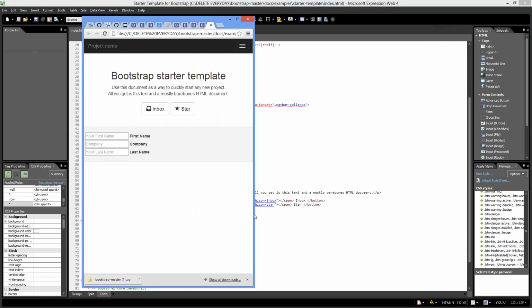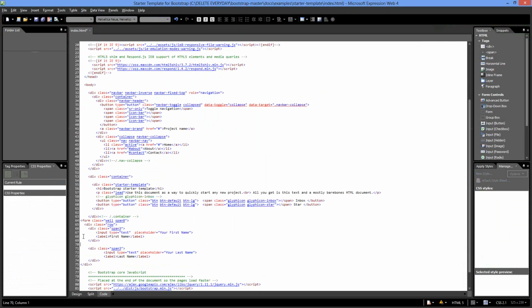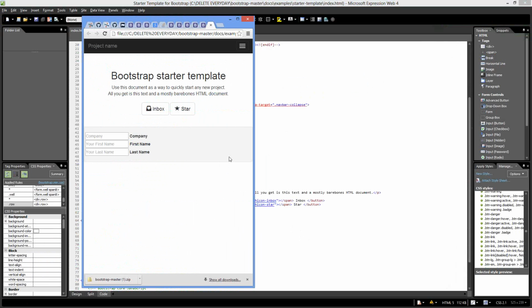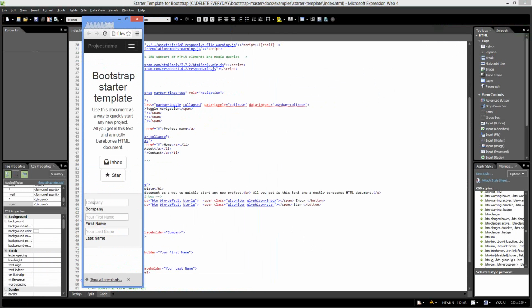Also it seems like company ought to go at the top, or first name and last name ought to be grouped together. Right. All right, so company, first name, last name. And then when it gets small. Yep, and you'll notice too that